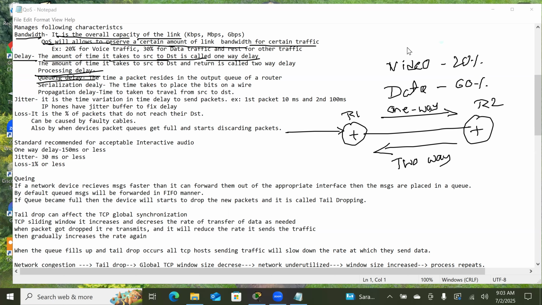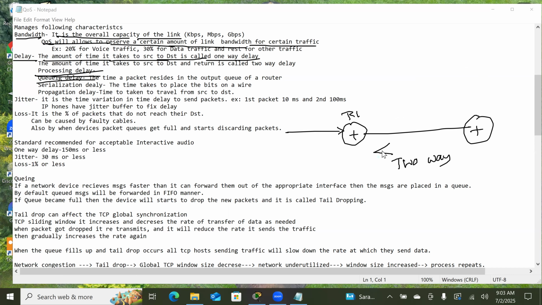Queue means what? It's waiting. That means if the continuous data is coming in, the router is not going to process it continuously. So that's the reason they will keep the extra data in the queue or the buffer region. Okay, so that means if I'm having data here,